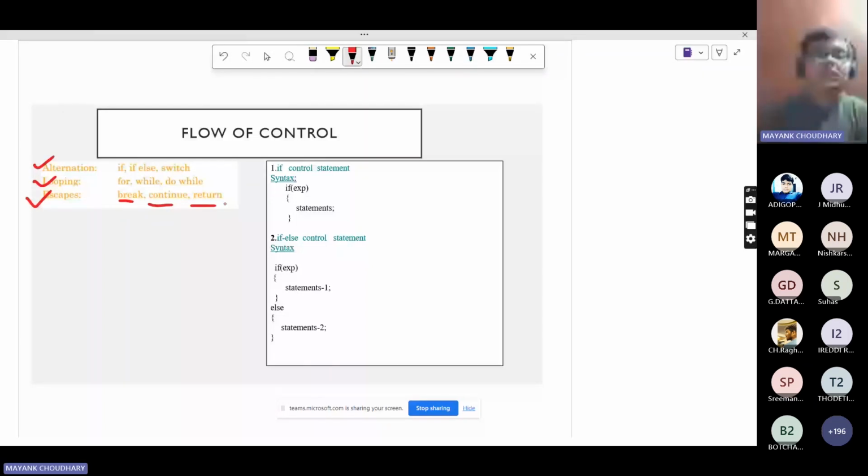So in alteration, firstly we have if. If we have a statement and it is true, it will go into the block, and the following things would be executed. And if it is if else, then if it is true, the if block will be executed. If it is false, then the else will be executed. For example, if we see one example down here,